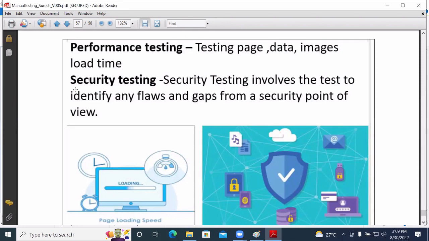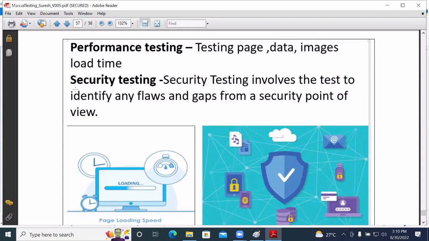So whenever you are working with all these different types of testing, whichever testing you work on, whatever testing you want to do, you need to take care of having the expected result and then the actual result. What is the meaning of expected result?